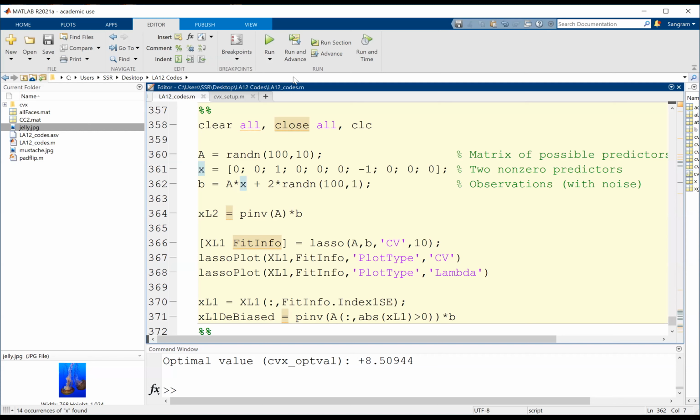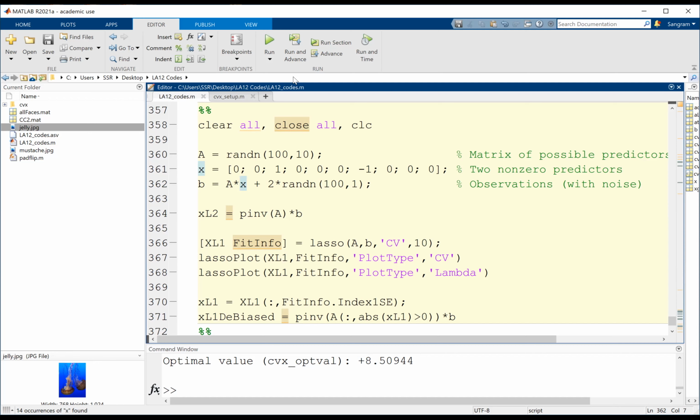In this problem, I want to tell you why this is important, because the equation we are trying to solve is B equals A times X. This is the classic problem we are going to solve. B is given, A is given, and we want to find X. Now the problem is that this A has a lot of noise. And what happens when A is noisy? I want you to understand this very important thing.